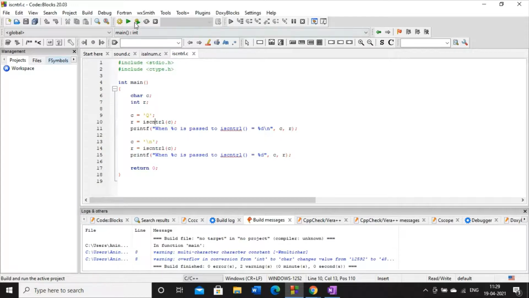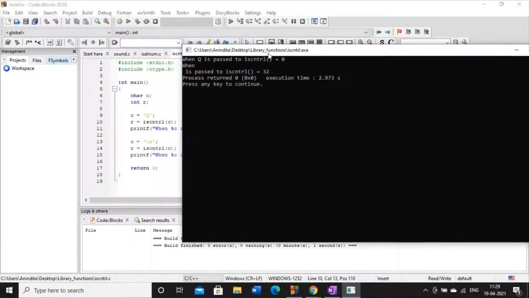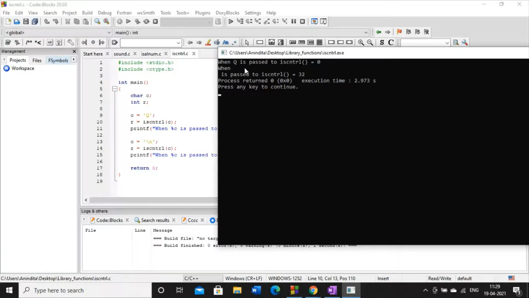Now let's compile and execute this code and see the output. When q is passed, a non-control character, it is returning 0. However, control characters will not be visible on the output screen, so slash n is not visible. But it is returning some value, 32.